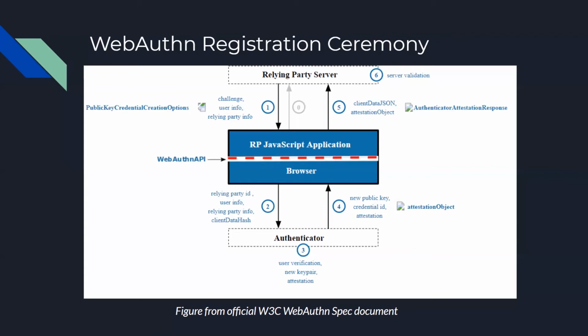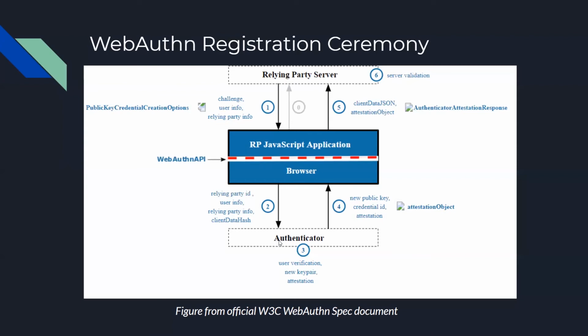Now once the client receives this information, because this is JSON and because all this is happening over HTTP, we need to convert it from the JSON embedded format to array bytes of JavaScript. So the client does all this conversion and sends it to the authenticator. The sending to the authenticator occurs over the CTAP2 protocol, and the client formats it in a certain way which the authenticator expects, which the spec has already defined.